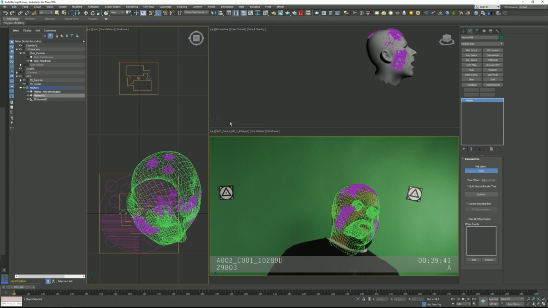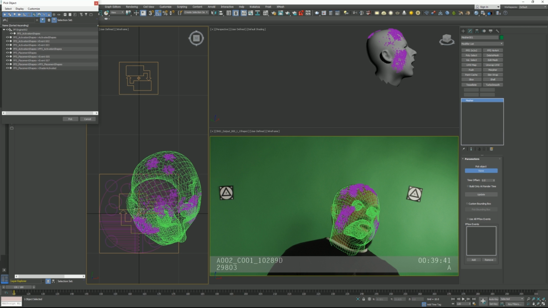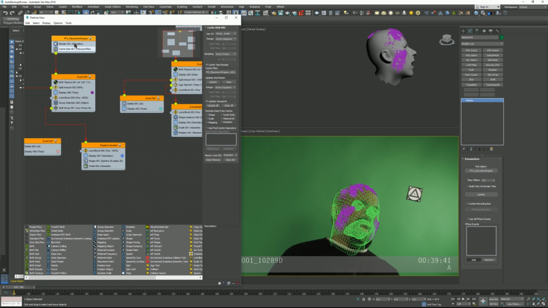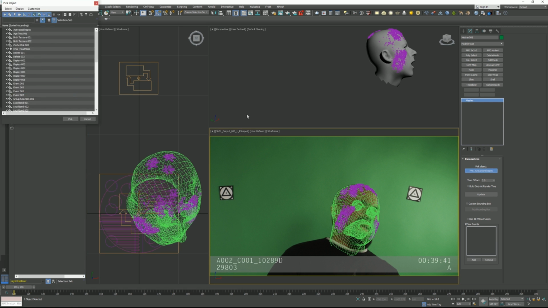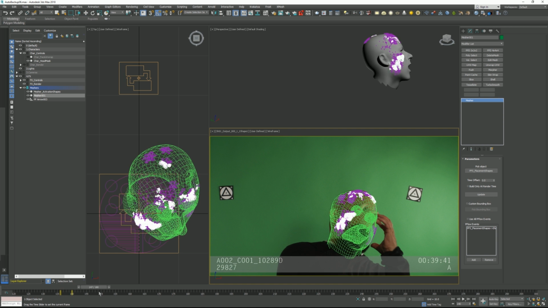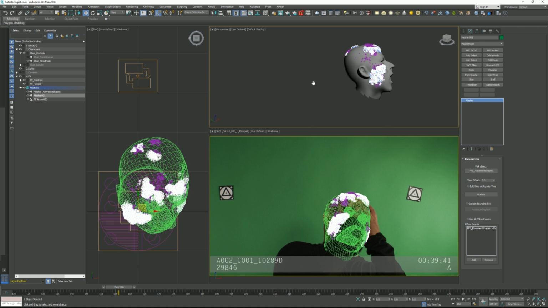Click pick object, and then type in PFS underscore, I think it was activation shapes, right? And then deselect use all events, click add. So PFS placement shapes, I got the wrong one. So PFS placement shapes, and then click and add the event shader activated. Okay, so when I do that, we now have this new object